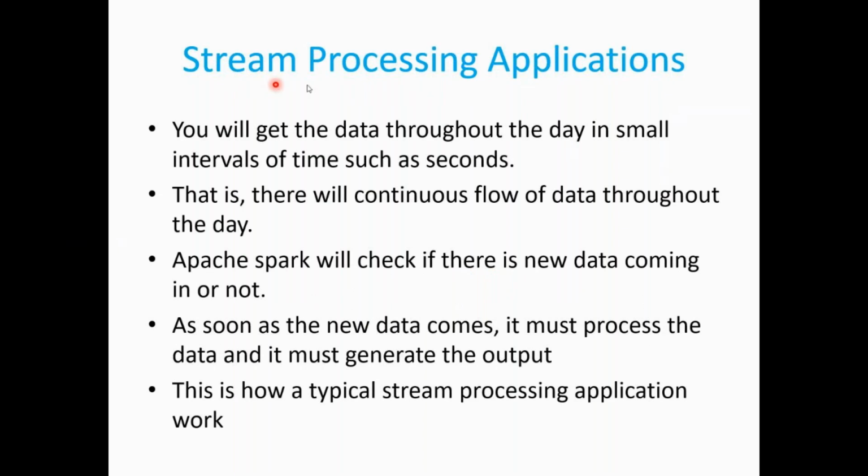In a stream processing application, you will be getting the data throughout the day in small intervals of time, such as every 5 seconds, 10 seconds. So there will be a continuous flow of data throughout the day. Then Spark will check if there is any new data coming or not. As soon as the new data comes in, it will take the data and process the data to generate the output. An example of a stream processing application is Uber. So the Uber app